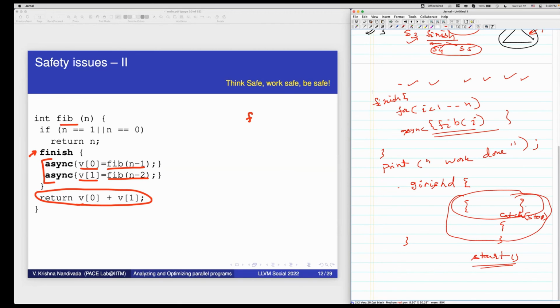So it depends on the program. It's difficult to say when you don't want to have a join. Ideally, if you ask me, I will say you must have a join at the end of your main so that you have cleaned up whatever mess you have created. You may be a long running program, that's fine, but the program can run in the background forever. That's fine. Okay. Got it.